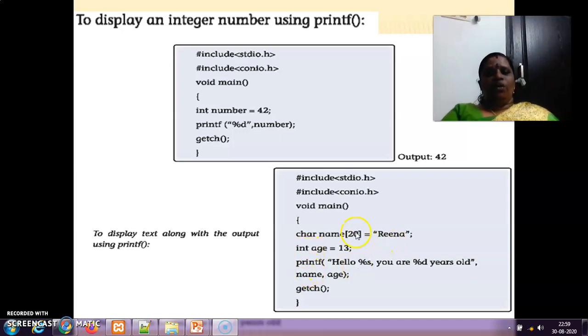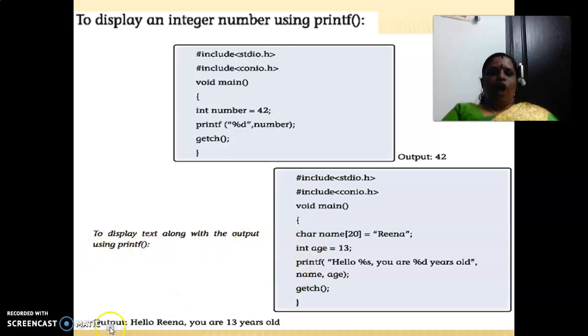Printf hello, this is Reena, you are 13 years old, with name and age. So this displays the text along with the output using printf. So this is your output: Hello, Reena. Reena is in the char name, right? Name, you are 13 years old. This is the program to print the string and integer.